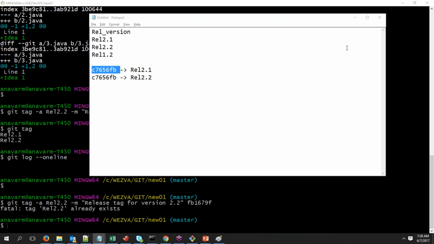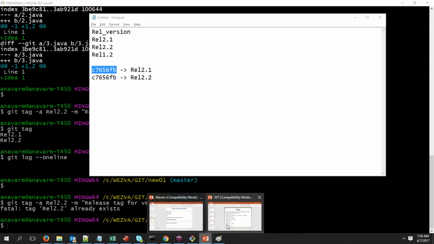So remember this. A tag is always associated with only one commit, whereas a particular commit can have more than one tag attached to it. Exactly like I said, for a product you can have many tags attached to it, but a single tag cannot be shared between two products. Same way, a single tag cannot be shared between two commit IDs. If it is attached, then it should be used only there. You cannot use the same name for some other commit also. Okay. So now,